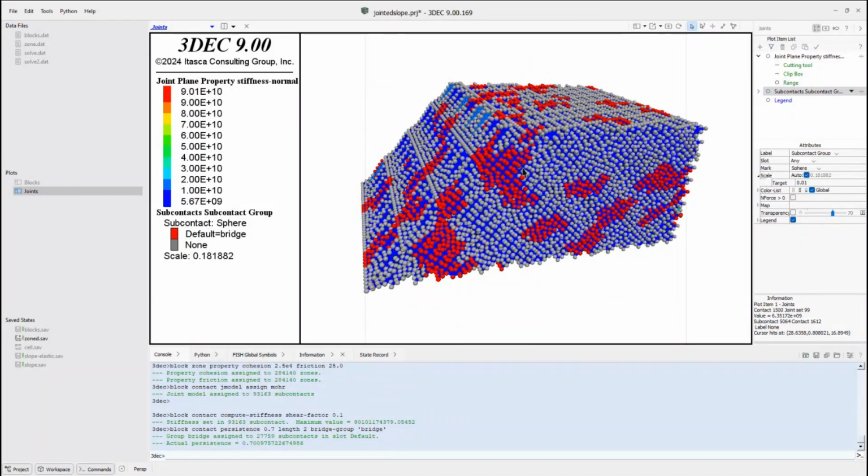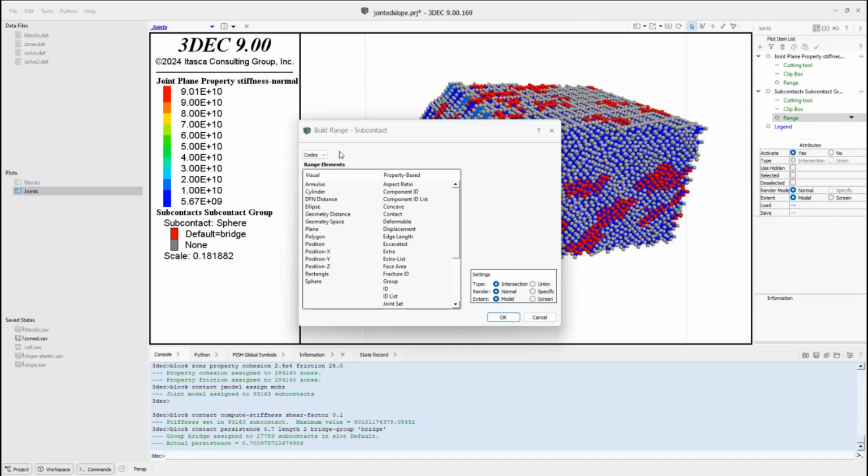If you only want to visualize one of the joint sets, we can use the range logic with the plotting. So if I expand my subcontact plot item here, go to range, and right-click on that and say add range element. We can range by whatever we want: position, rectangles and spheres, or group names and things like that. Let's range by the joint set. So if I double-click on joint set,